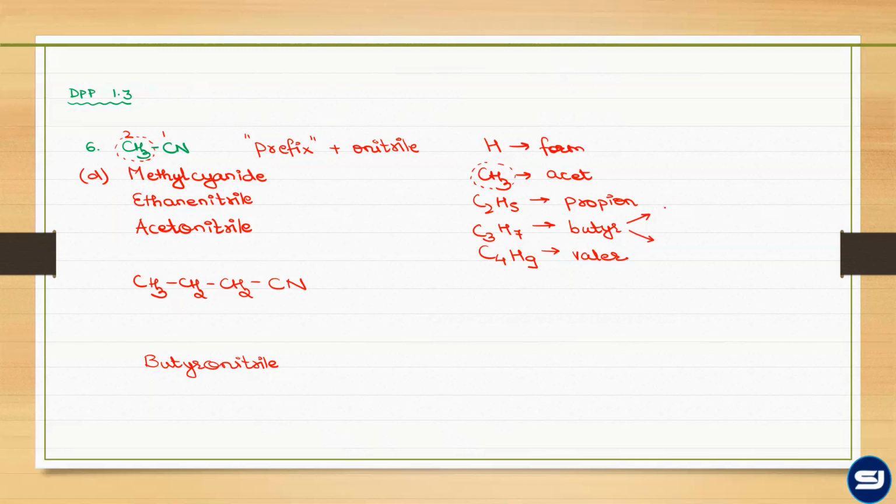Either it can be N-propyl, like CH3, CH2, CH2 in the straight chain, or it can be isopropyl, as CH3, CH, CH3 with the radical on the secondary carbon. So if you have the straight chain, then you will write N-butyl. If you have this as the chain, you will write isobutyl or sec-butyl. But more commonly, iso is used. So the correct name of this would be N.